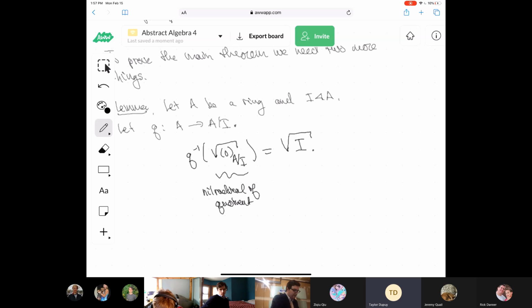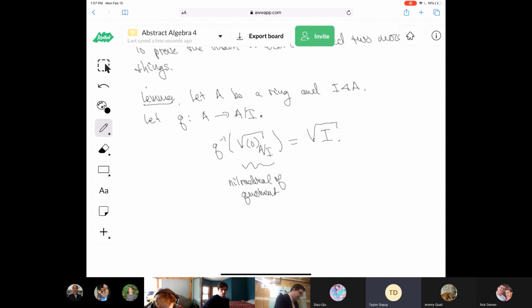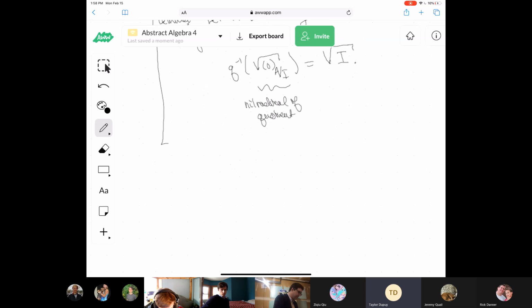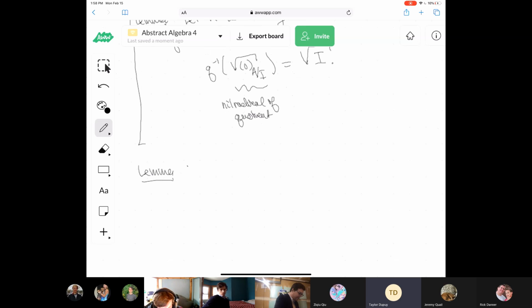So what it does is it converts the collection of nilpotent elements in the quotient ring. If I take the inverse image of that, that's just the radical of the ideal, which was the kernel. So that's one of the ways that you can convert all this business about radicals into business about nilpotent elements. The other thing that we have is that the lattice isomorphism theorem